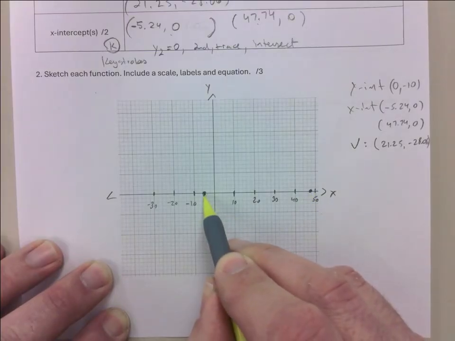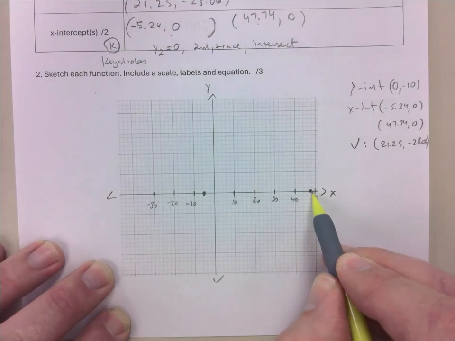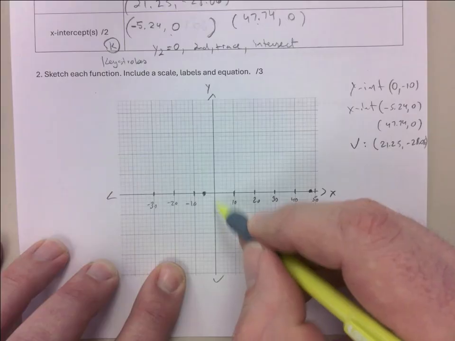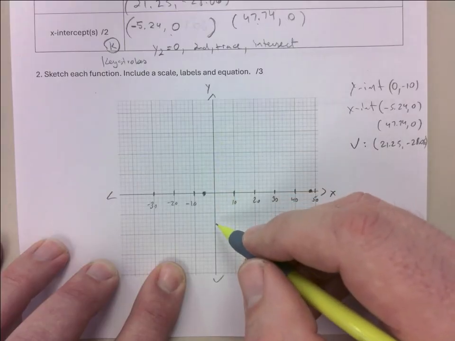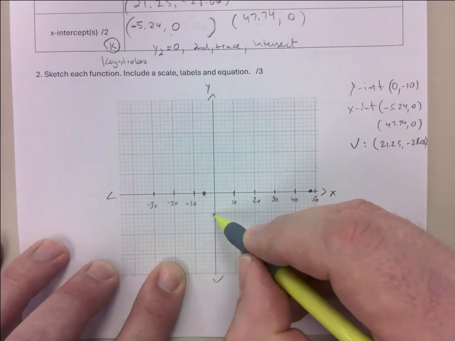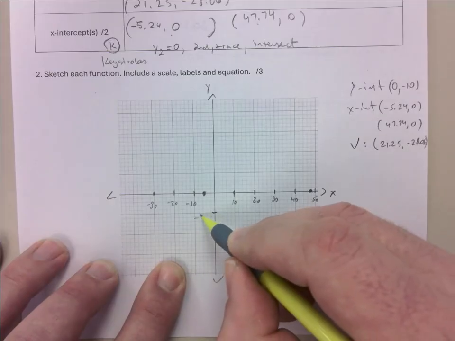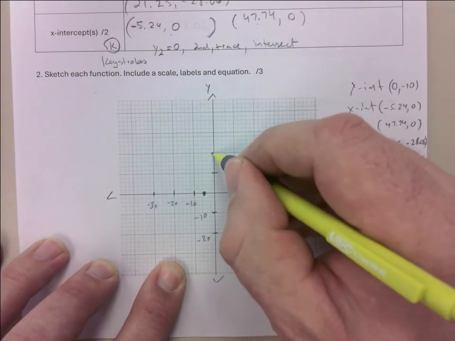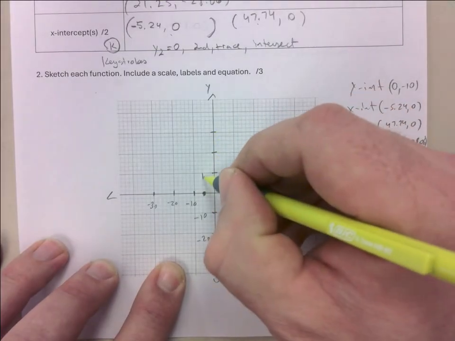So that's one x-intercept, that's another x-intercept. You do your y-intercept. Can we do the same here? We could probably go up by the same amount. So I'll do this. This is negative 10, negative 20. This is 10, 20, 30,